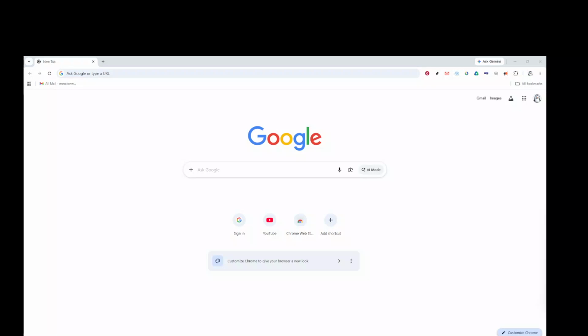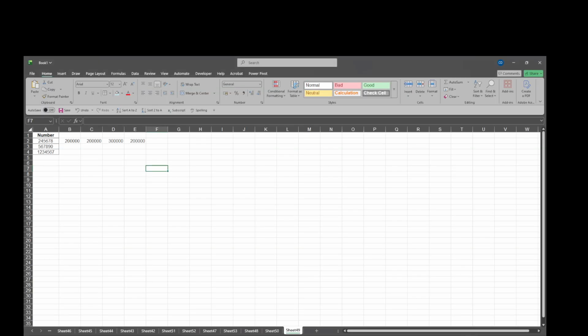In today's video, I'm going to teach you how to round to the nearest lakh in Excel. First, open Microsoft Excel and get your worksheet ready. In this example, we'll work with a few sample numbers so you can clearly see how each rounding method behaves. The sample values are